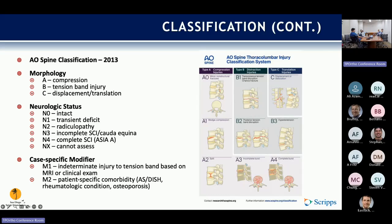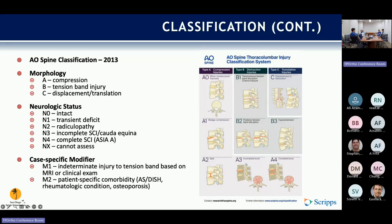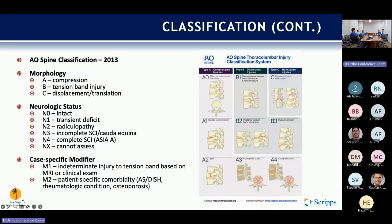So kind of more of, at least my training bias, we were trained to use the AO Spine classification. It goes into the A, B, and C, where the first letter talks about morphology, A being your compression, that includes your burst, and then B being a tension band injury, with C being displacement and translation. There's a modifier for neurologic status from N0 to N4,